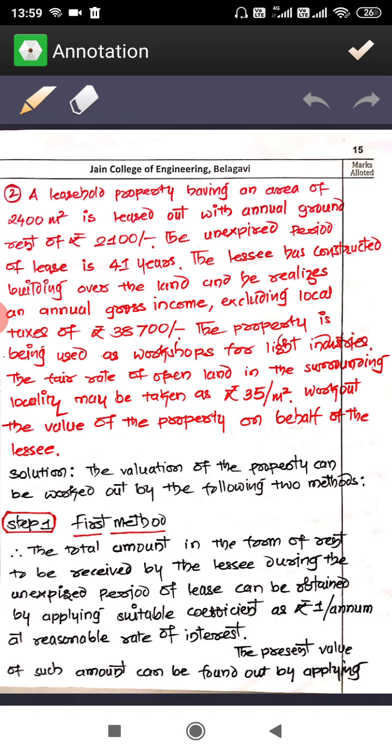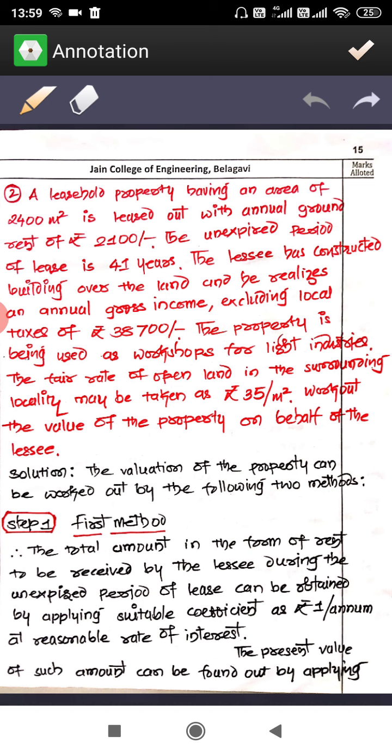It will give variable values from year to year, and that is not suitable. But still I'll give you the knowledge of the logical value method, and you have to refer to the different valuation tables, and then you are supposed to solve this problem. Now I'll read this problem, and then we'll go for the solutions.